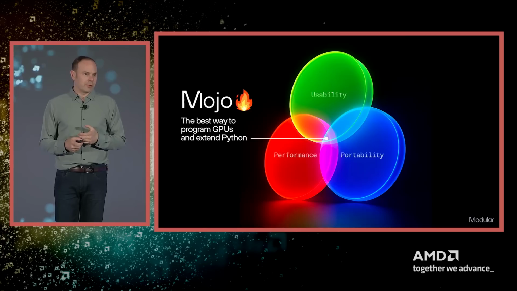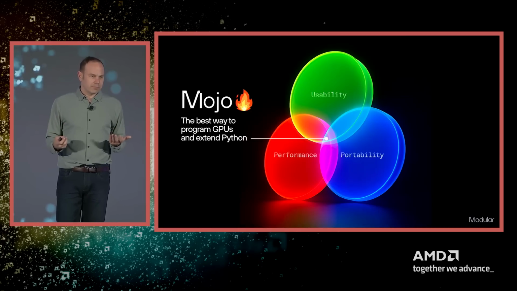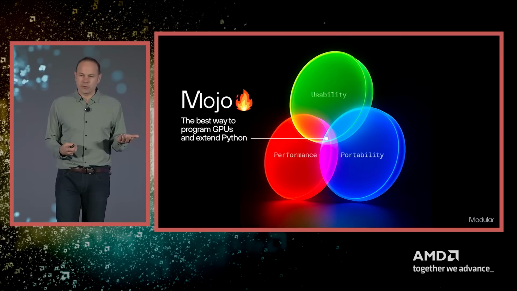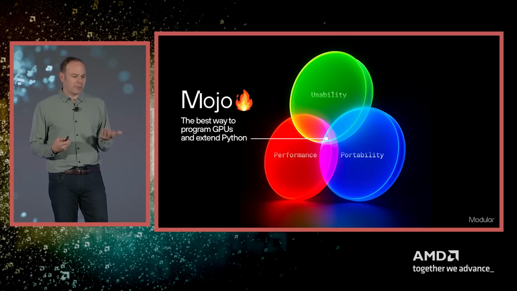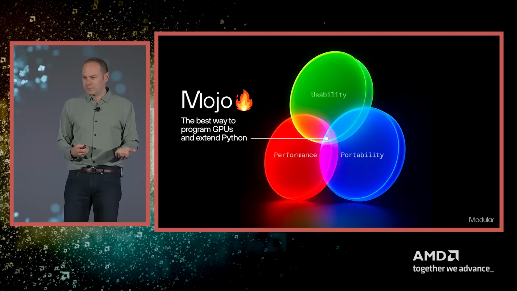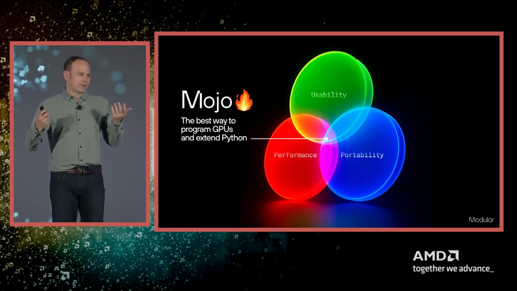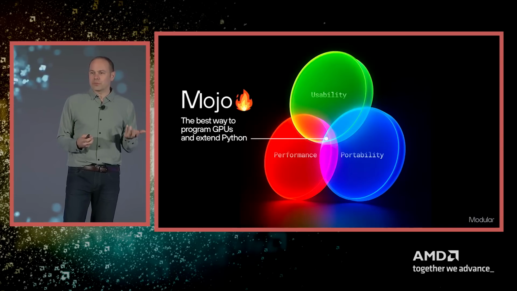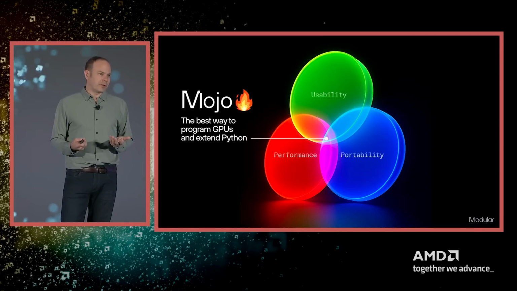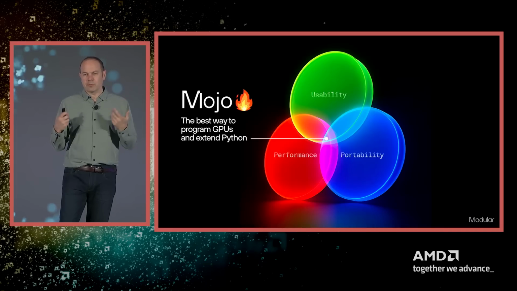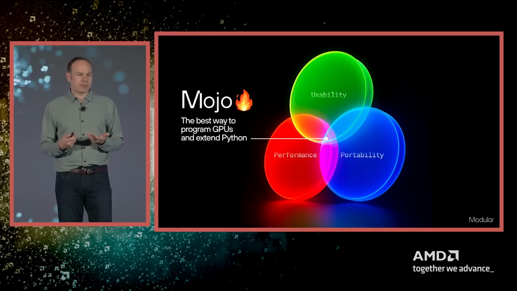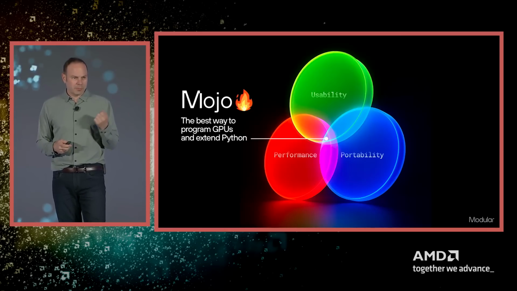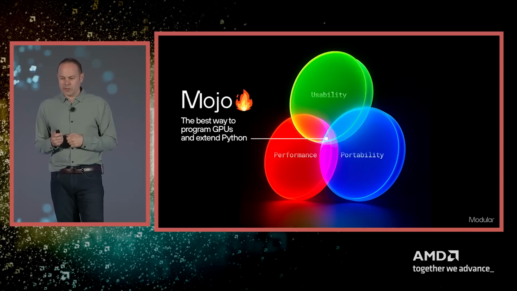What we're trying to do is build something that unifies this world. And so we're trying to build something that pulls together the best of usability, because we want developers everywhere to be able to program GPUs, performance, because of course, TCO, cost, speed, latency, all these things matter so much for AI, and of course portability, because we want to see innovation everywhere and we want lots of people to be able to participate. And we think that AMD, for example, has amazing GPUs with amazing flops, and we want people to be able to use them no matter what color their hardware is.